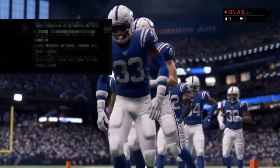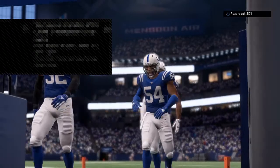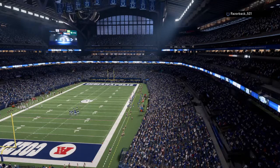September as they move to 4-0 on the new campaign. And they will head back home next week. Meanwhile, for the Colts, they'll drop down to 1-3. And they'll look to regroup next week as they head